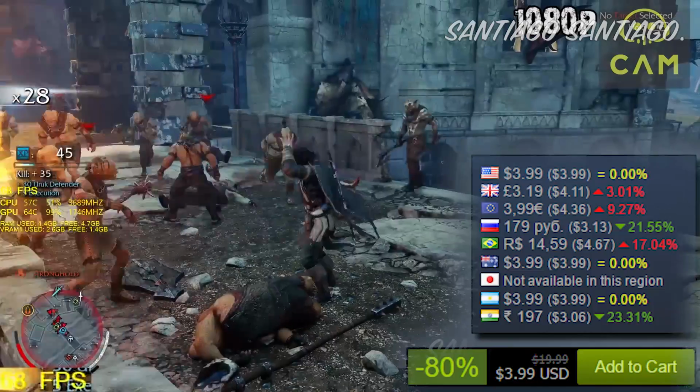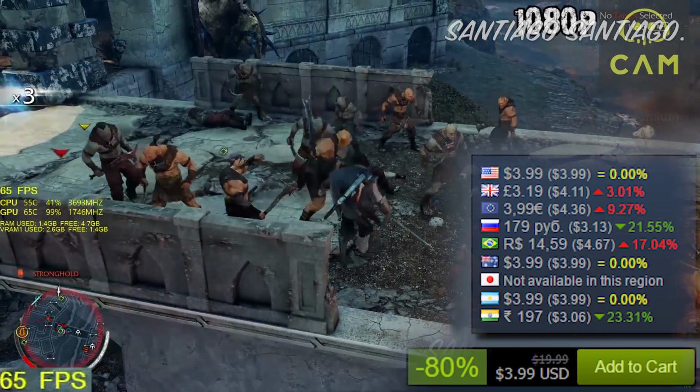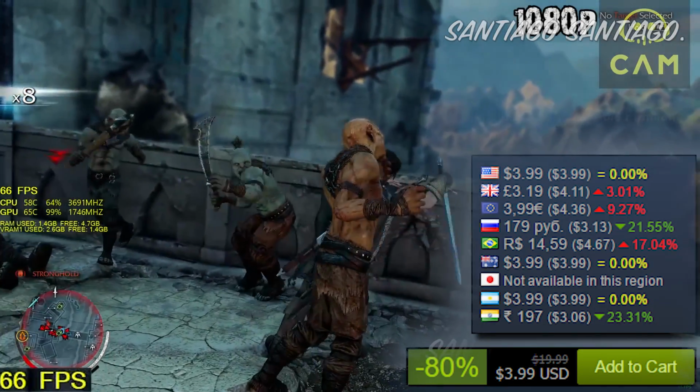Shadow of Mordor Game of the Year Edition, 80% off, which knocks it down to $3.99. So this is the base game plus all the DLC, which in my opinion is a fantastic deal. I got this game a while ago for $5 on Bundle Stars. It's like mixing Batman Arkham games combat plus Assassin's Creed movement, which I think the team that made the game